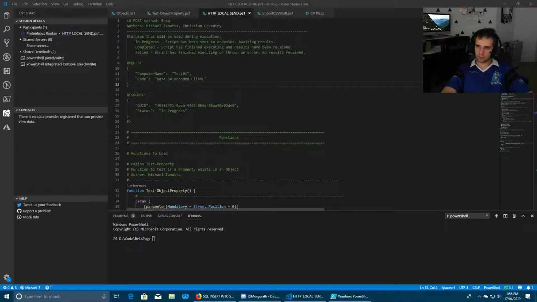So by cleaning up, you mean make it easier to read? Yeah, basically make it easier to read. Put comments and things like that in there, because it's always useful to comment your code and understand what's going on.